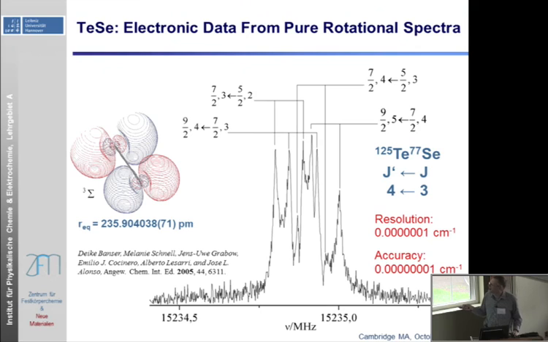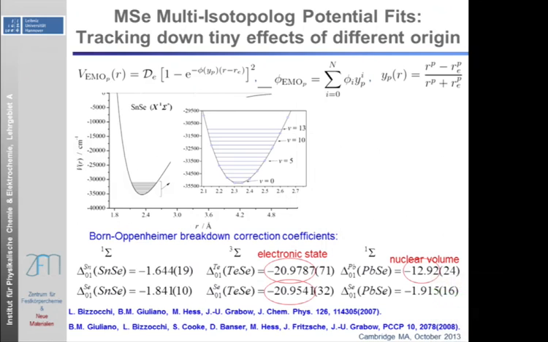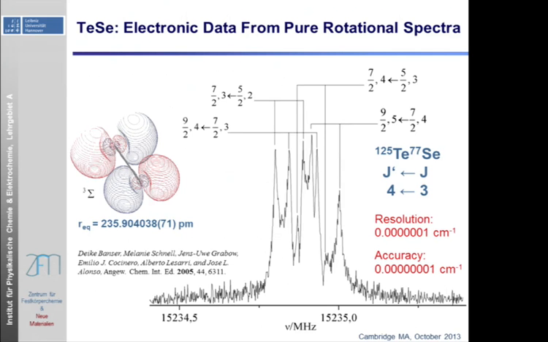And for unblended lines, you can determine the center frequency of a transition to an order of magnitude better, maybe even more if you really push it hard. If you integrate long to get the best signal-to-noise ratio, you can go down to maybe 20 hertz if you really want to, for systems where you know what it's doing, you don't have anything on the baseline, and you have strong signals.